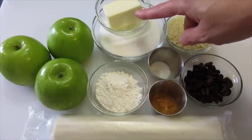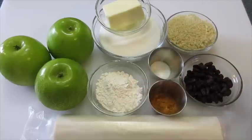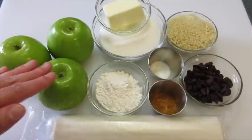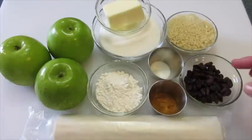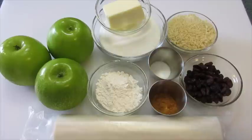You're going to need 1/3 of a cup of butter, 3/4 of a cup of sugar, 1/4 of a cup of all-purpose flour, 1/2 cup of Panko crumbs. These are Japanese bread crumbs that are going to absorb the juices from these apples while the apples are baking in our oven. 1/4 of a teaspoon of salt, 1 1/2 teaspoons of cinnamon, 1/4 of a cup of raisins, and of course